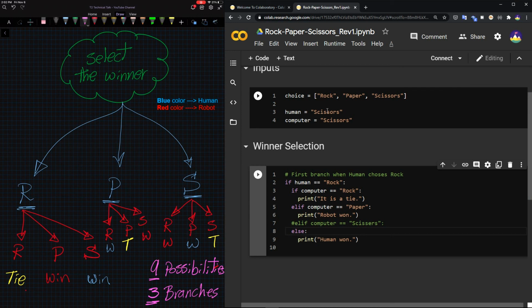With that, we conclude this episode. In this video, we studied the rock, paper, scissors scenario. We learned what a flowchart is and how to create one. We practiced using header levels in Jupyter notebooks and saw how code improvements and header levels could organize our code and make it easy for us to navigate.